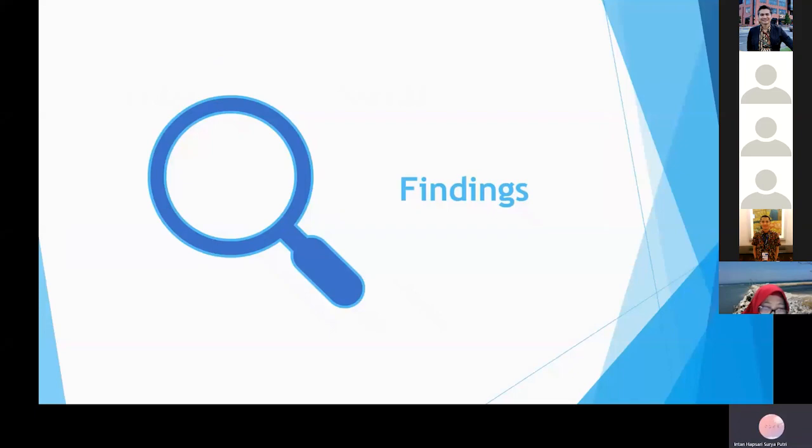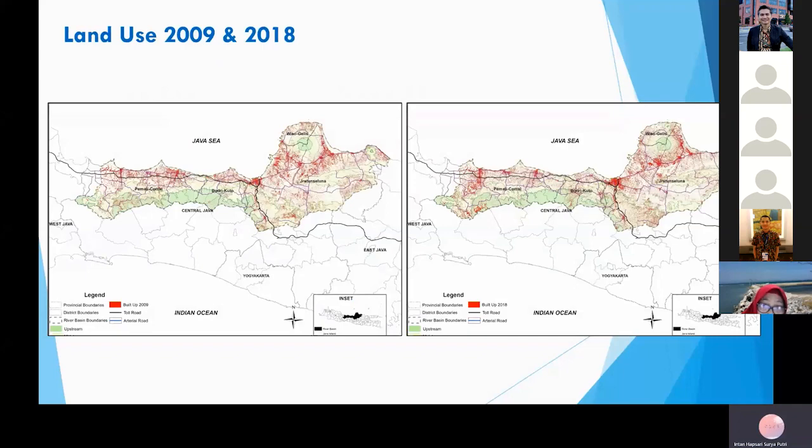And then for the findings, as we can see in the picture, there are two pictures consisting of the conditions in 2009 and 2018. On the left is 2009 and on the right is 2018. We can see that there is a huge increase of the built-up area,